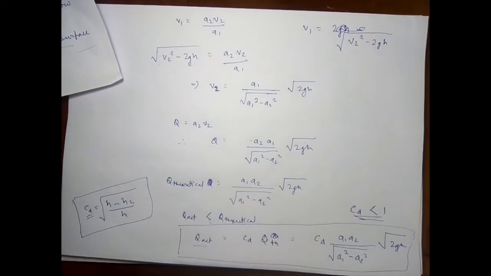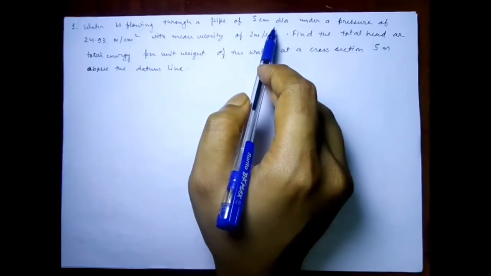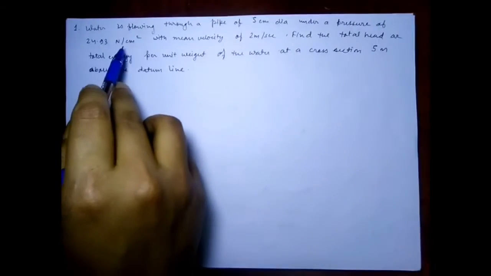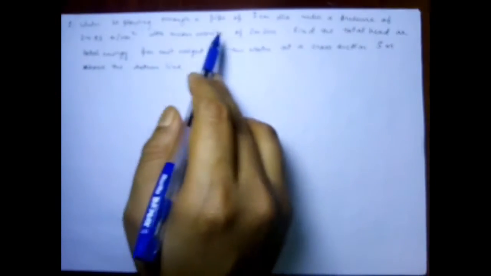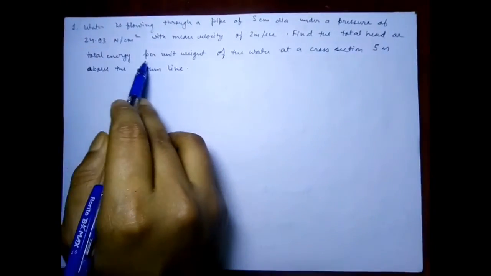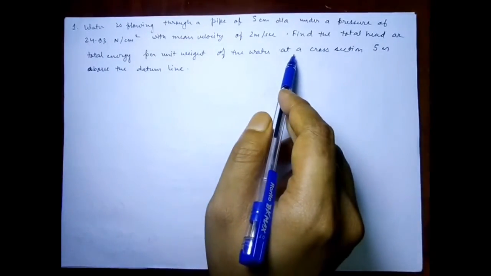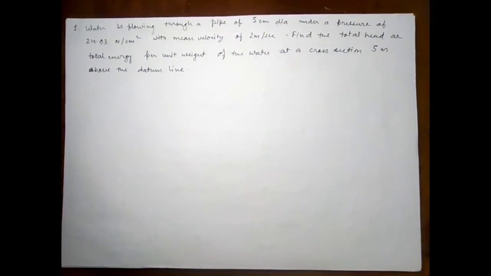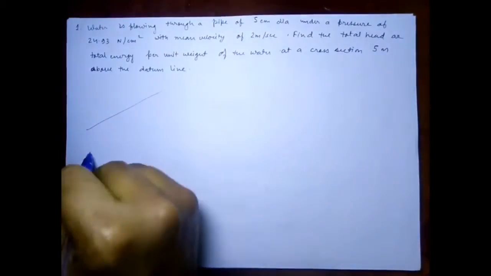So let's do some problems regarding Bernoulli's equation and its application on Venturi meter. Water is flowing through a pipe of 5 cm diameter under a pressure of 24.93 Newton per centimeter square with a mean velocity of 2 meter per second. Find the total head or total energy per unit weight of the water at a cross section 5 meter above the datum line. So we have a particular pipe